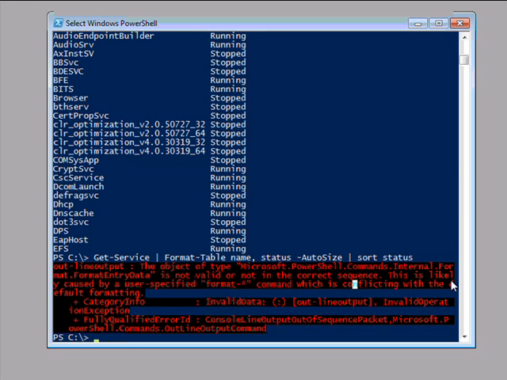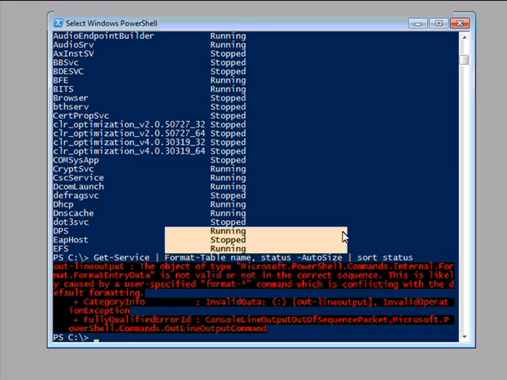This is likely caused by a user-specified format-star command that is conflicting with the default formatting. That is confusing, but the key is right here: a user-specified format-star. Well, here's format-table. And then it says is not in the correct sequence. So we tried to create a table, and then after we created that table, we're trying to sort the